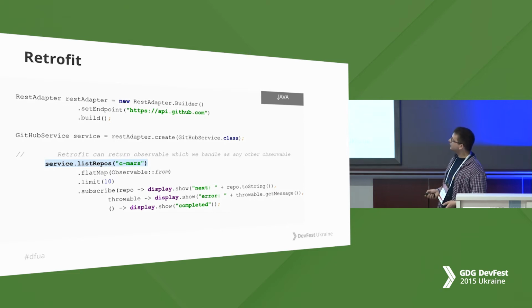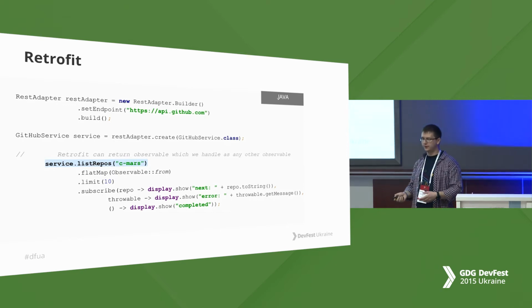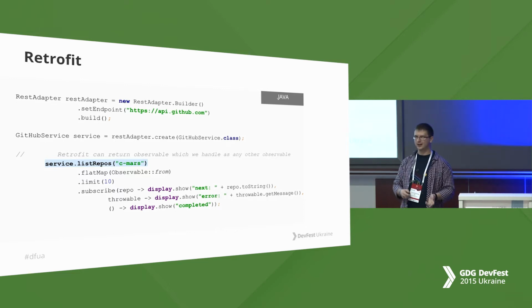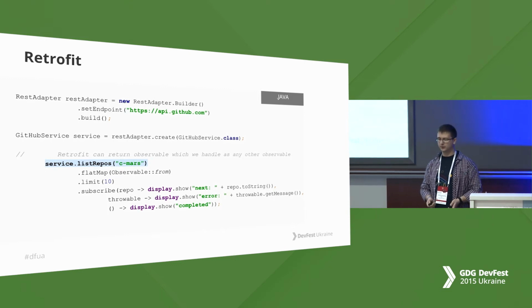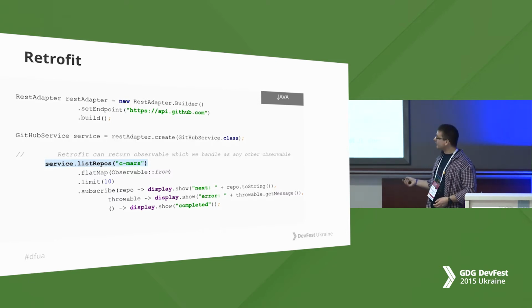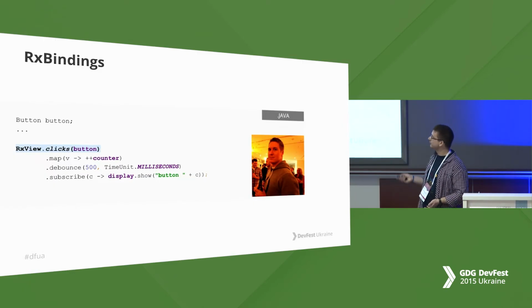From collections. But we can use also network. For example, Retrofit gives us a subscription that can be not only asynchronous, but also in observable style. So you just subscribe for list wrappers. List wrappers is just a function that will call the server and return. And who uses Retrofit? Great. So maybe you know how it works. Okay. So we just can write in such functional style with Retrofit. It's easy.